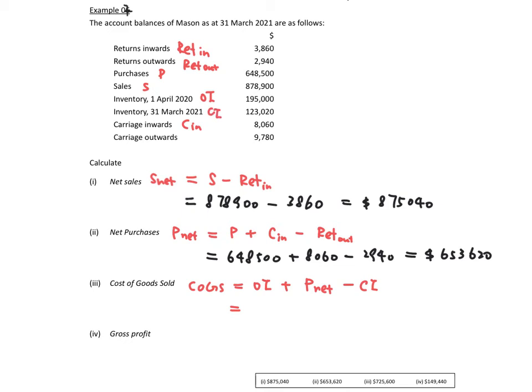And then we have the net purchases. So we just simply plug in the numbers. So we'll find the final answer will be